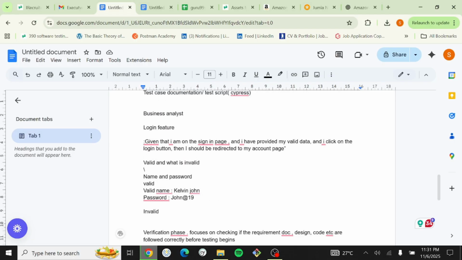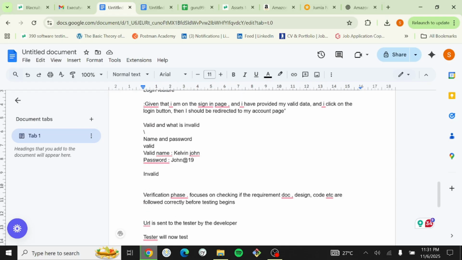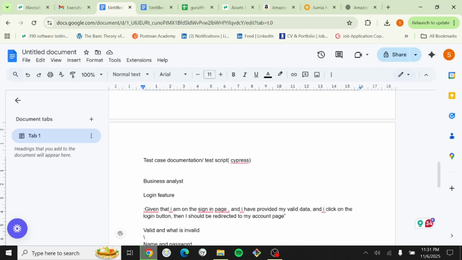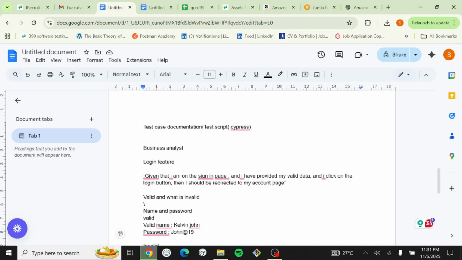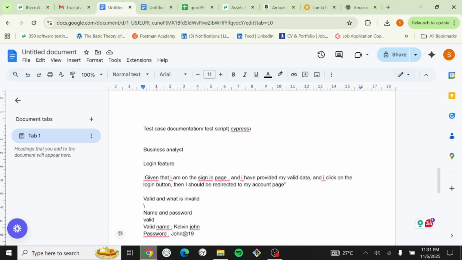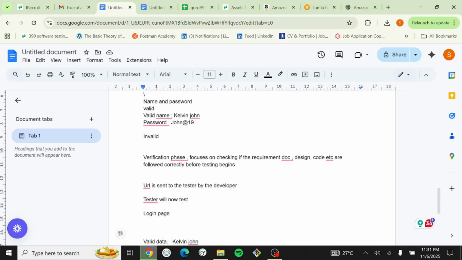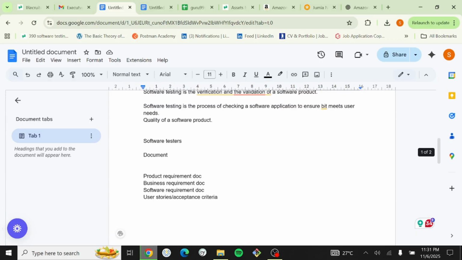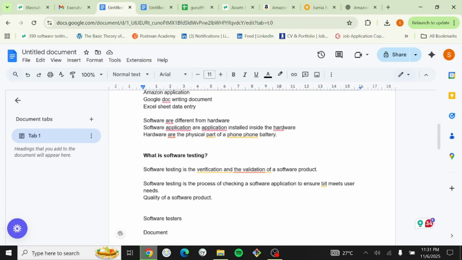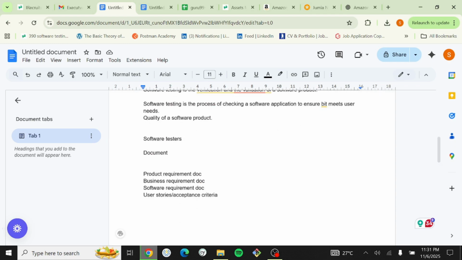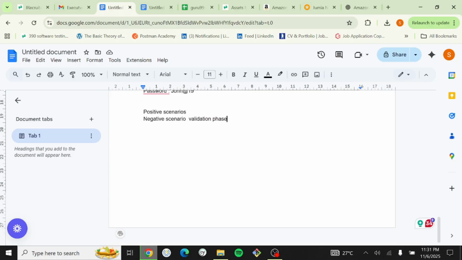We'll talk more about this in my upcoming videos, so I don't want to overwhelm you. I just wanted you to see how testers perform their function to determine the quality of a software product. So we've talked about software and testing. Now let's go to the purpose